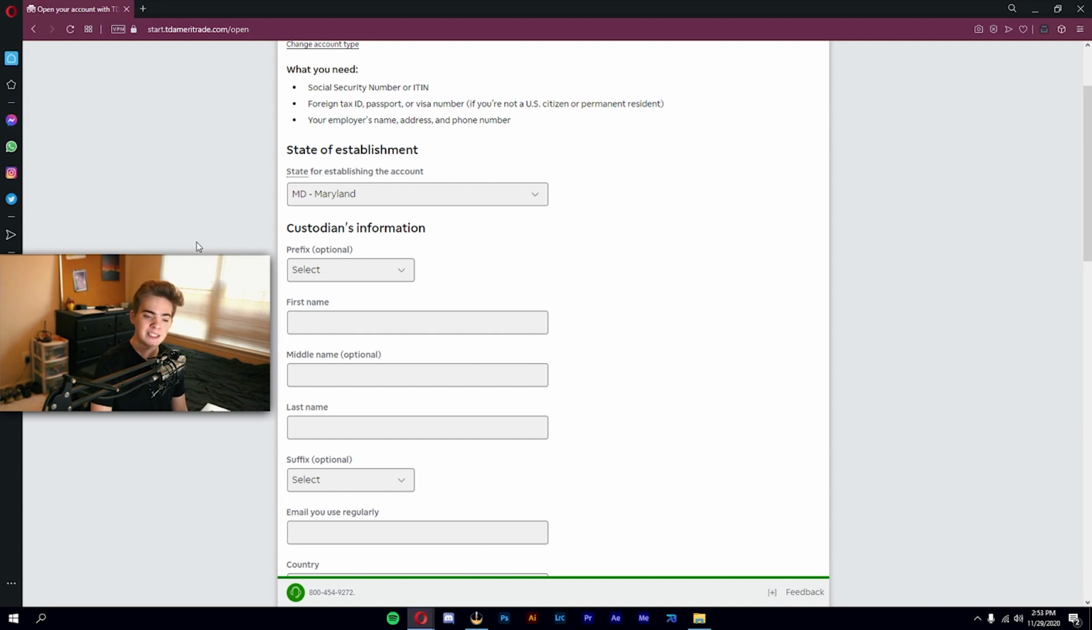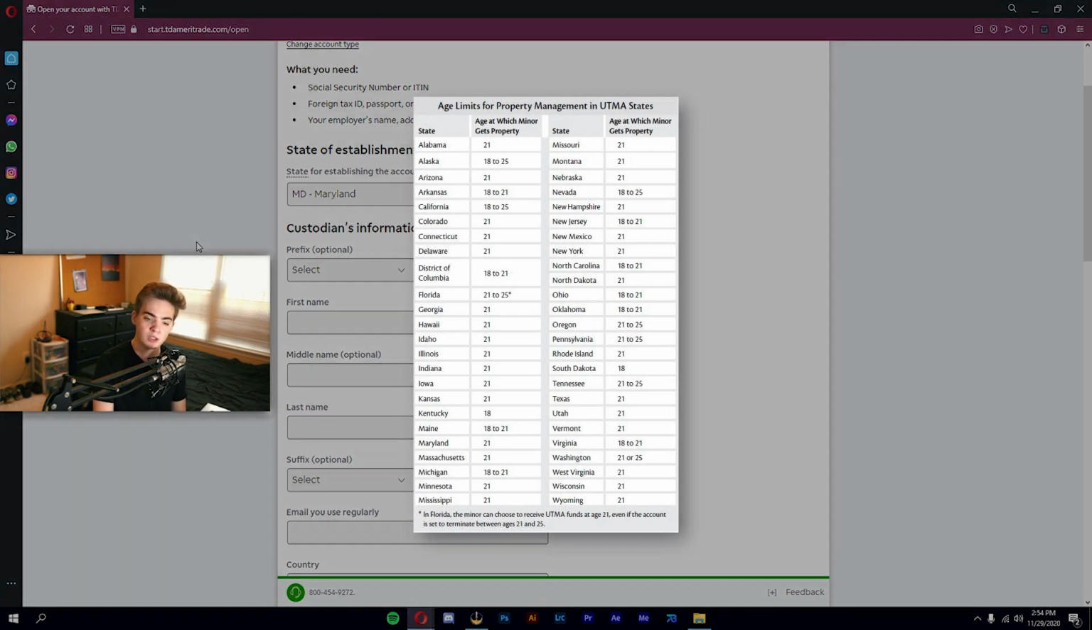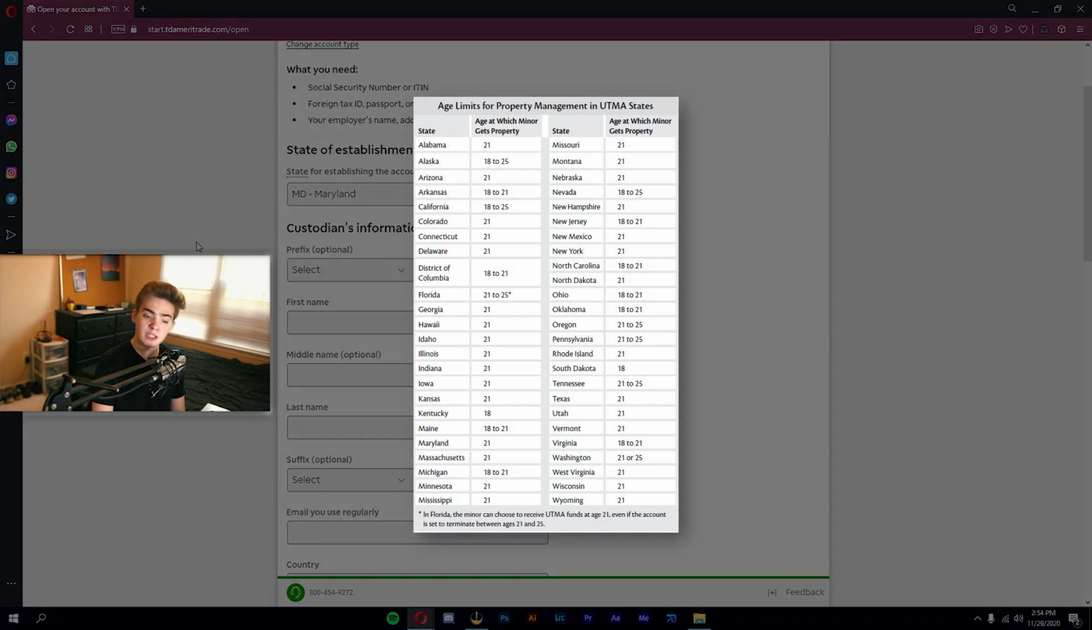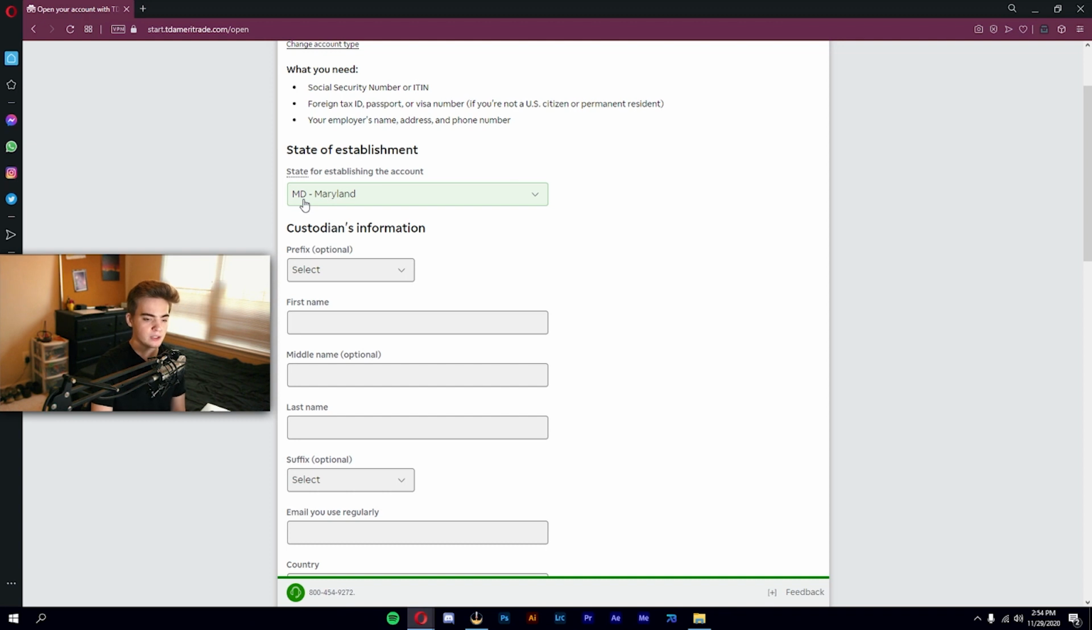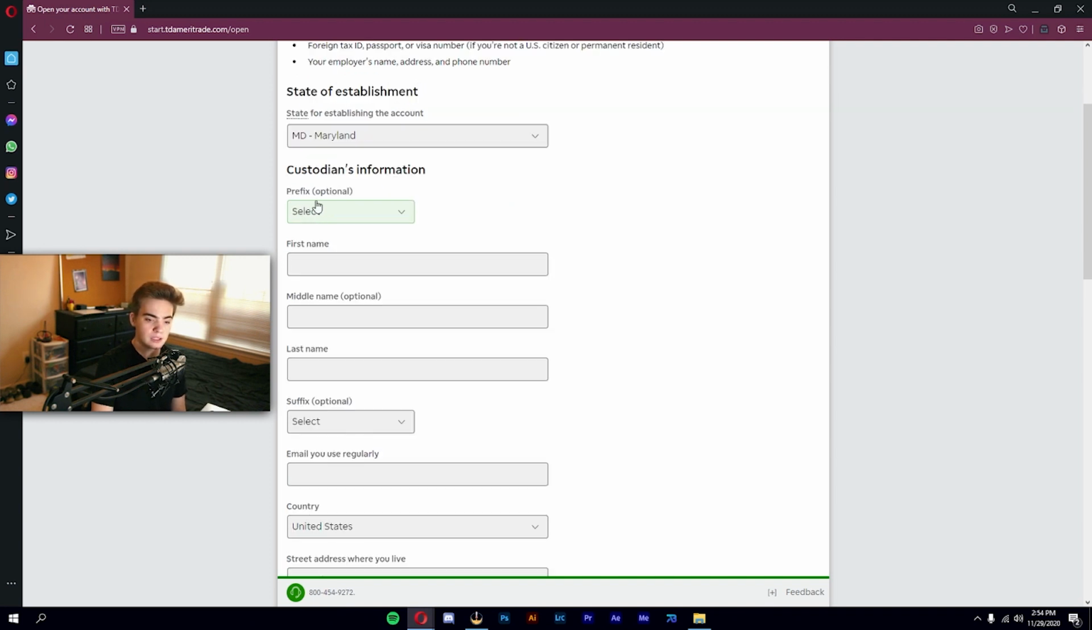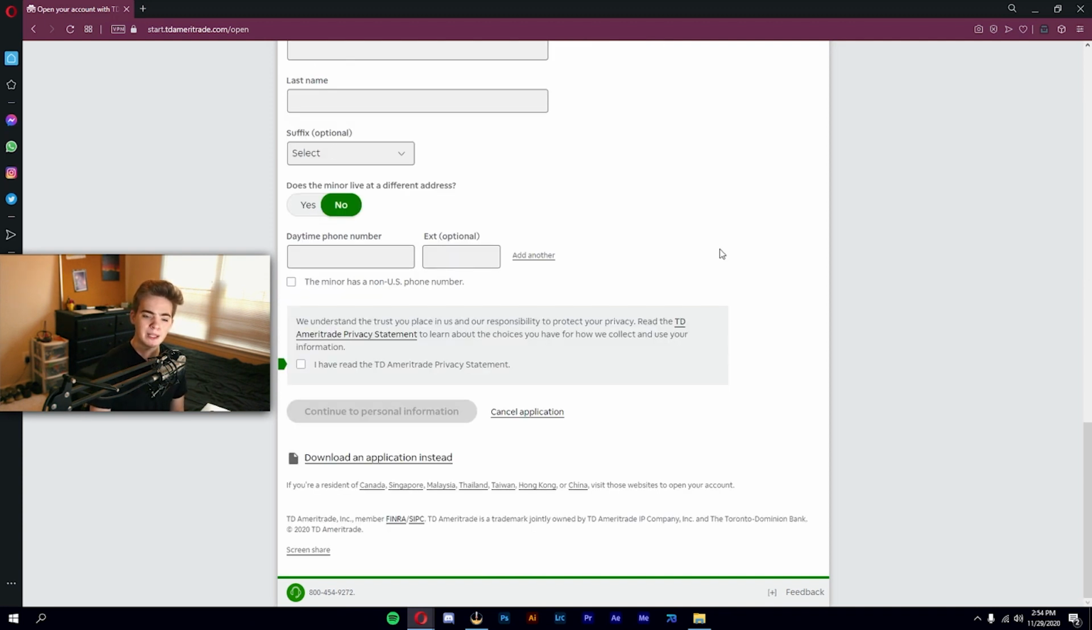It's important to note that different states have different ages at which the beneficiary will take full control of the account. So make sure to take note of that when signing up for your account. After you have filled in your state, it is relatively straightforward from there for both the custodian and the beneficiary. You fill in the name, email, address, and phone number. Once you have this page complete, you can click that you have read the privacy statement, then move on to